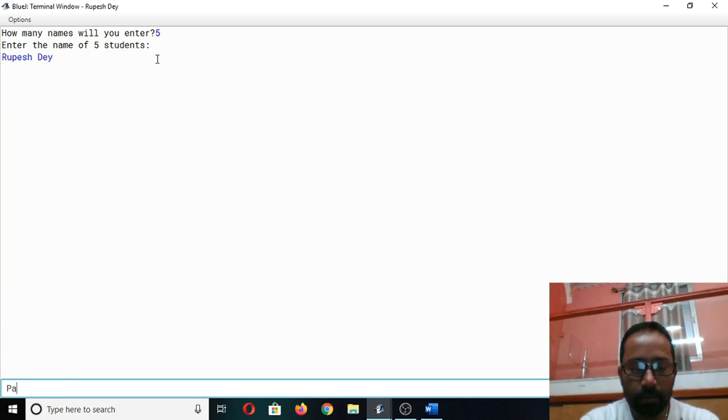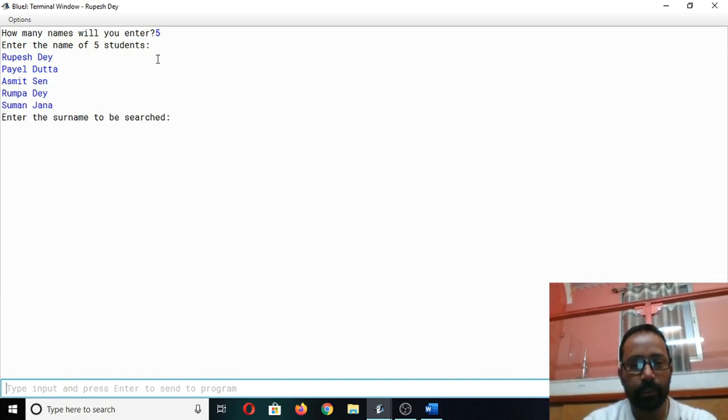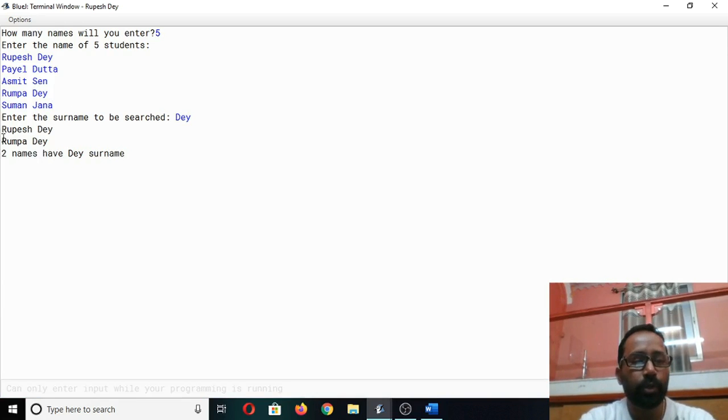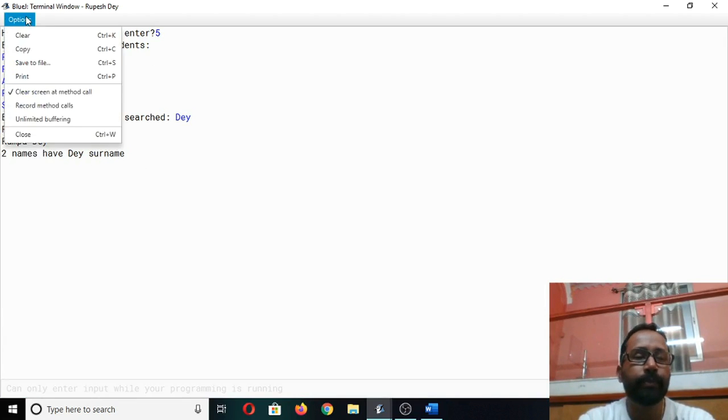Then Ayel Datta, Asmeet Sen, Rumpa Dey, Suman Jana. Enter. Enter the surname to be searched. See, output: Rupesh Dey, Rumpa Dey. Two names have Dey surname. Okay, so this program is correct.